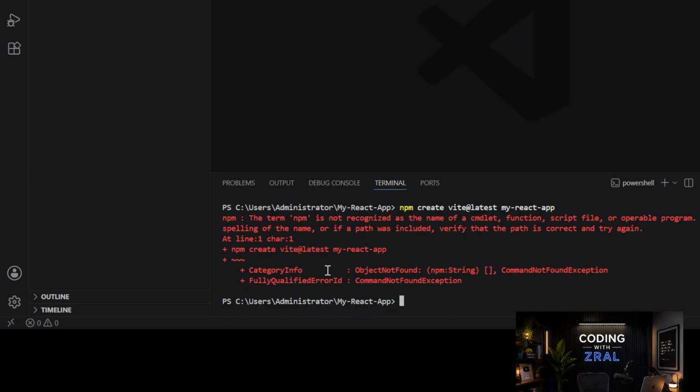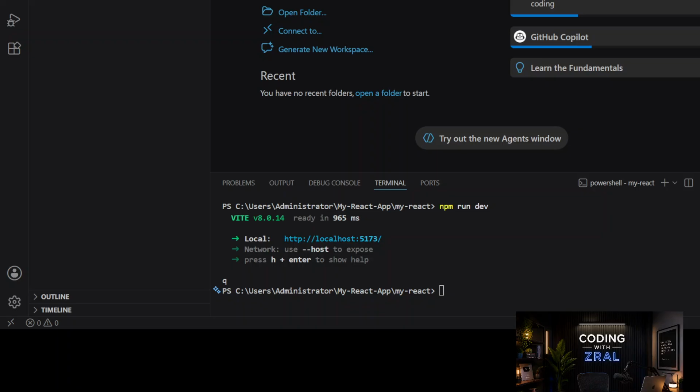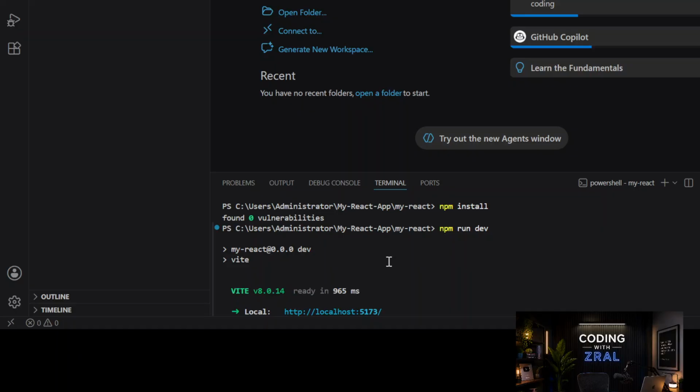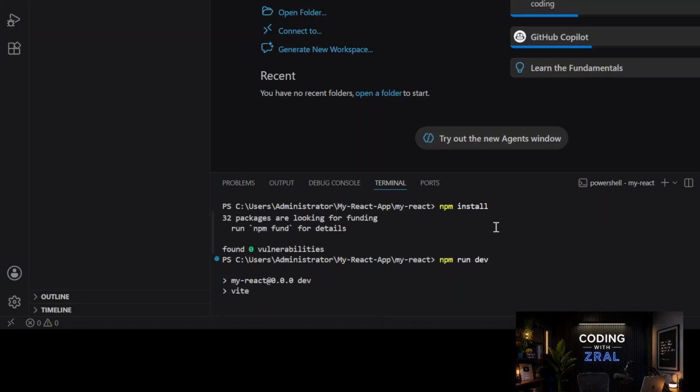Now, if we run into such a problem, so after running our commands, npm install, and this is the structure, the default structure of our